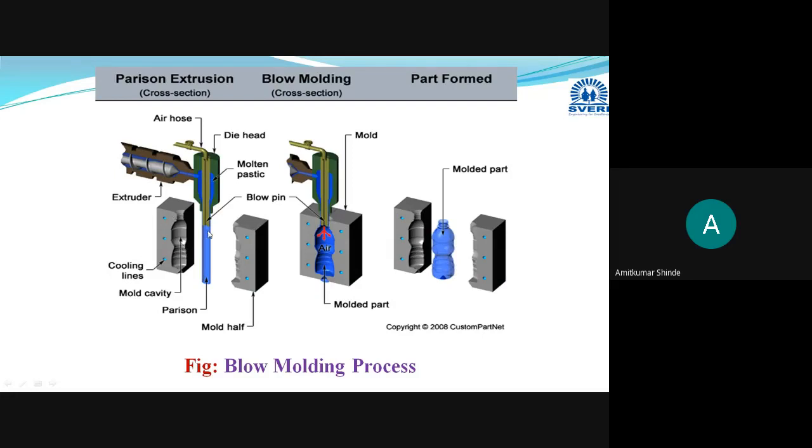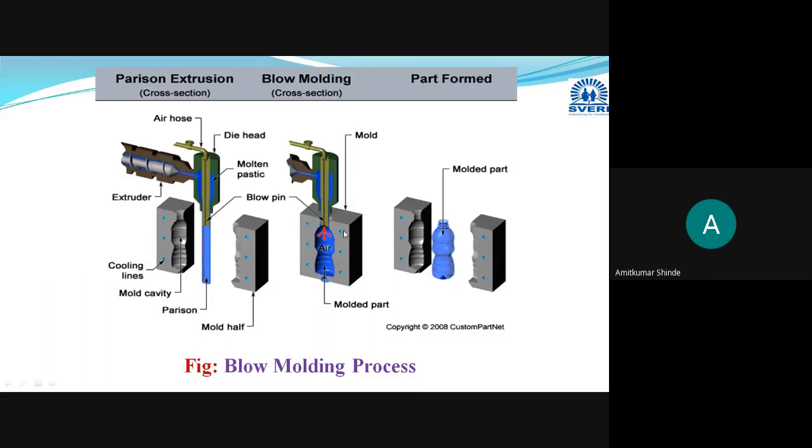Before placing, how it is manufactured is shown in this part. This is the manufacturing method of the parison. You can manufacture it either by extrusion or injection molding. It is very similar: by extrusion molding or by injection molding, you can manufacture it simply. Heated thermoplastic material will be taken, and it is extruded in a tube, and from that the parison is obtained. Then that parison is placed in the mold cavity, which has a cooling system also.